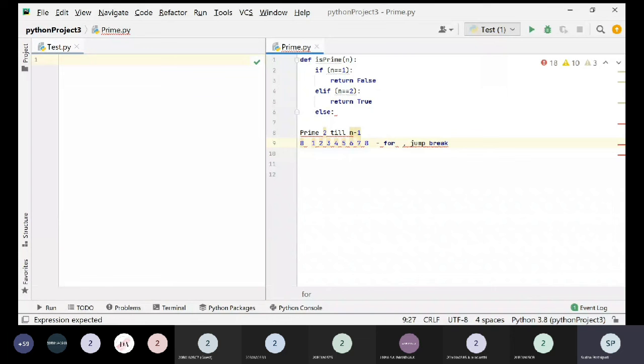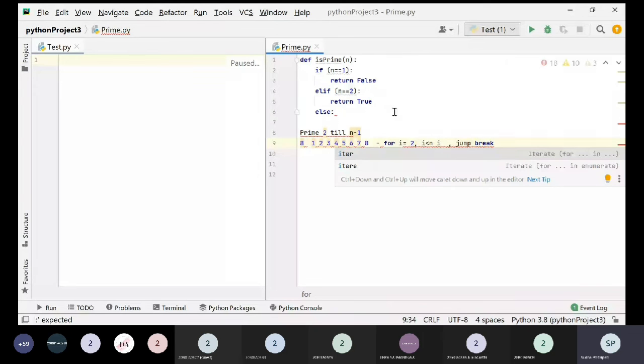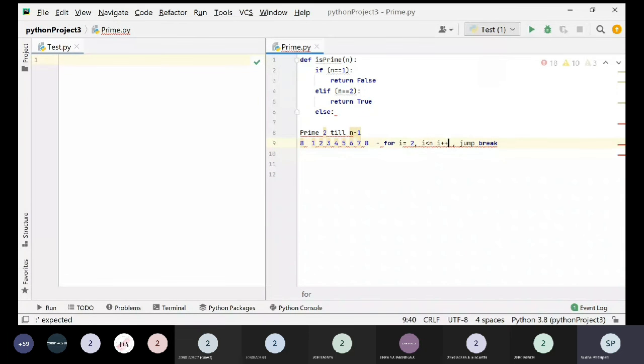So here, if I say i is the looping variable, I will start from 2, and then i is less than n, which is effectively n minus 1, and then I'll increment i, so i plus plus. This is what I'll generally do in the for loop. So I'll be taking 2, iterating till n minus 1, and then i plus plus.